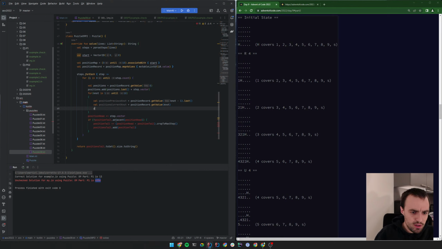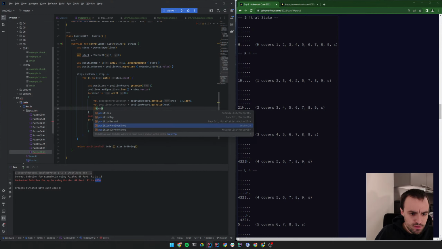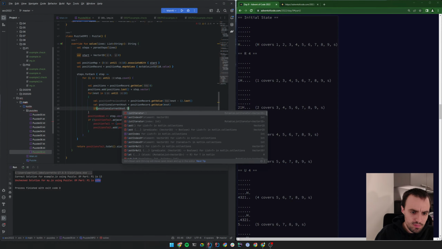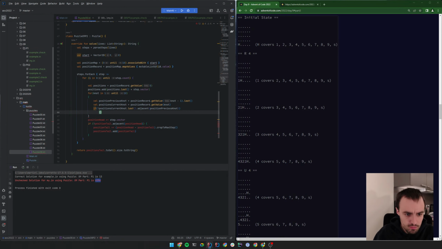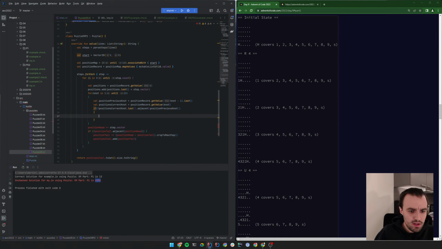And then we would say if the positions of the current not, or the last position of the current not, is adjacent to the position of the previous not, or let's say is not adjacent to the position of the previous not, then we want to take the position of the current not